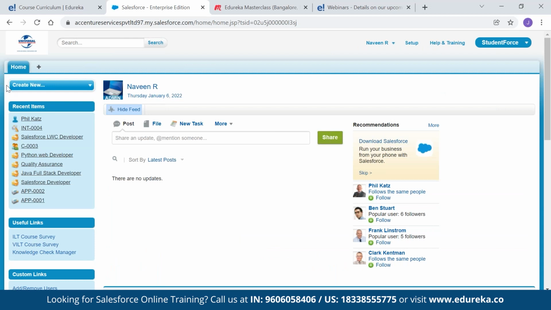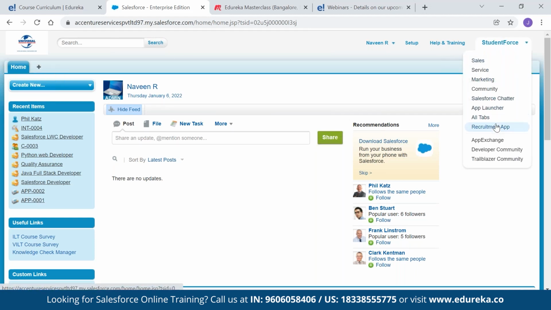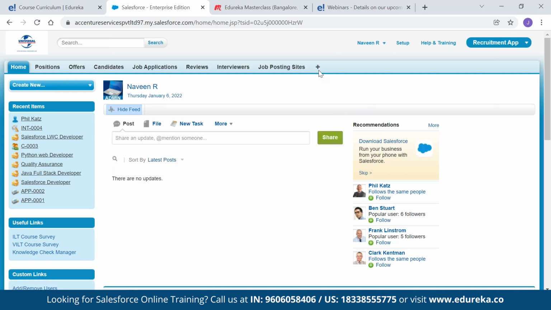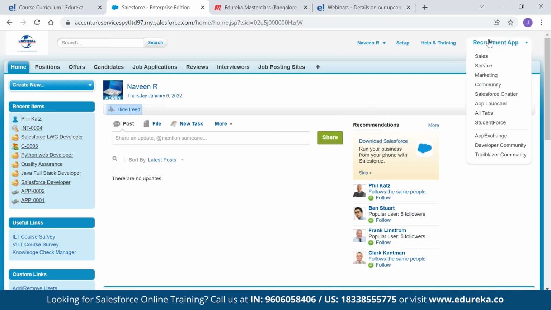So now you need to understand, tabs are used to access objects in Salesforce, whatever tabs you are able to see, right? Whereas in the recruitment app, you are able to see the apps. Whatever these tabs are, they are used to access objects. What are objects? Internally, tables in the Salesforce app. They appear on top of the screen and they are similar to a toolbar.